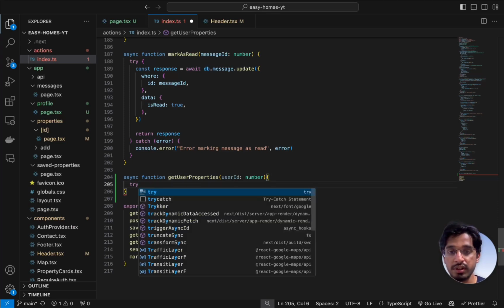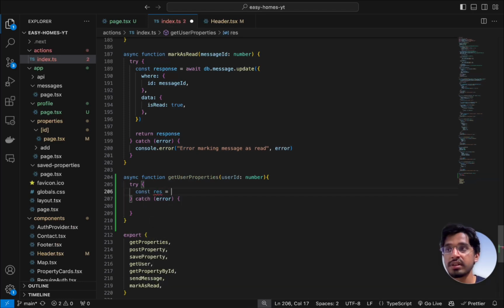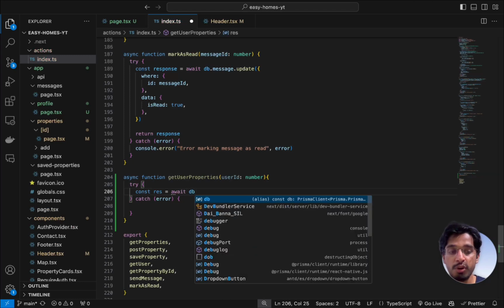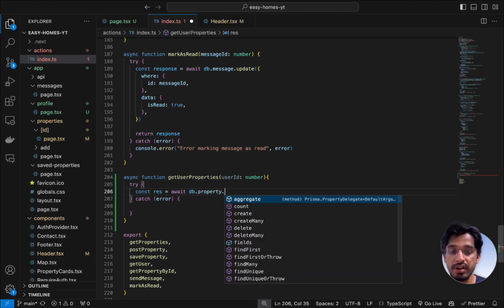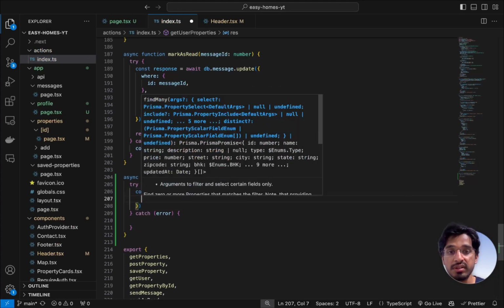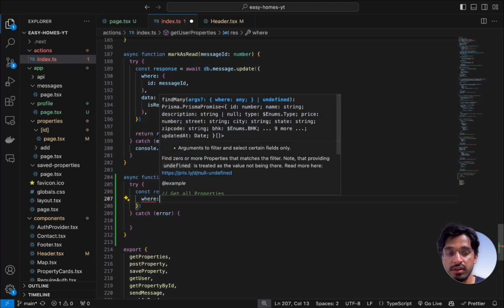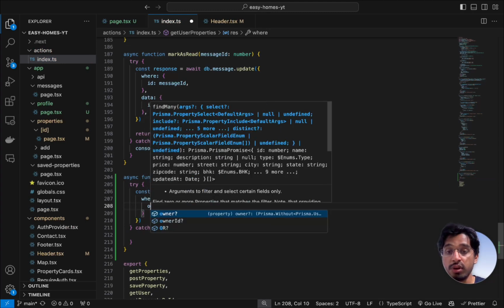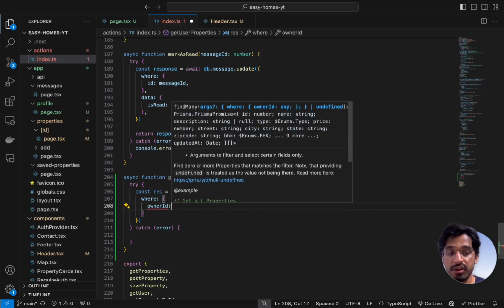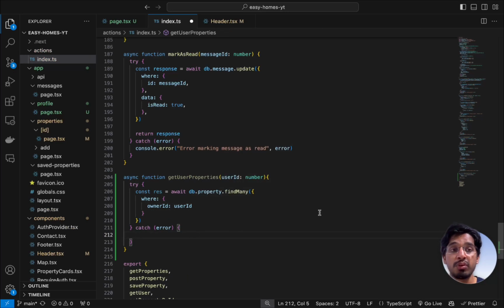So try catch, and inside this try block let's get the response and set that equal to await db dot property dot find many. Okay, so we are going to get an array of properties, so we just need to specify the conditions, like where the owner ID should be the particular user ID that is passed in. Okay, so we are getting all the properties where the owner of the particular property matches the user ID that we are passing in. Alright, and also we want to include the images,